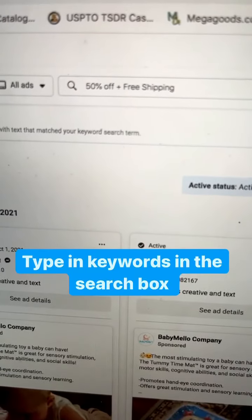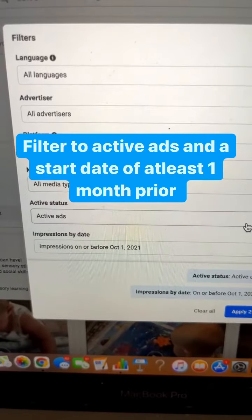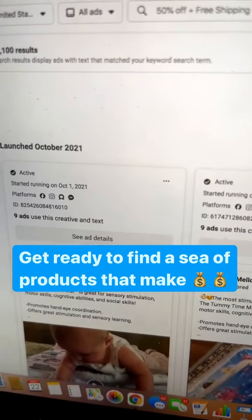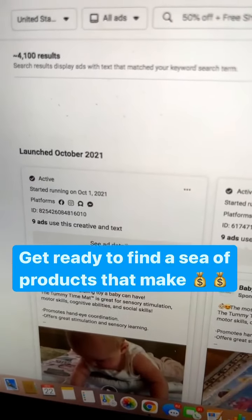What you want to do in here is type in 50% off plus free ship. Click on filter. Make sure you set it to active ads, and for impressions by date, set it to at least a month before. What this is going to do is going to allow you to find products that are currently selling on Facebook. The reason we can validate that they're selling is because we set the date at least